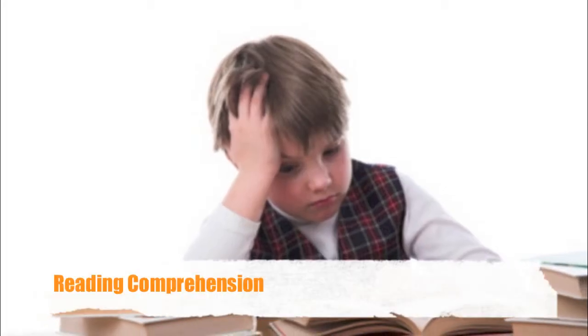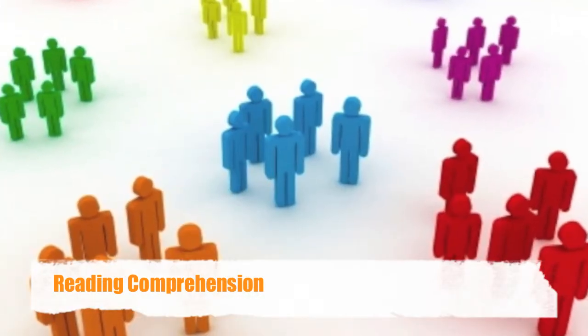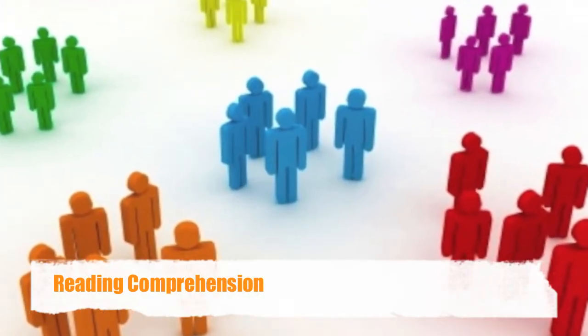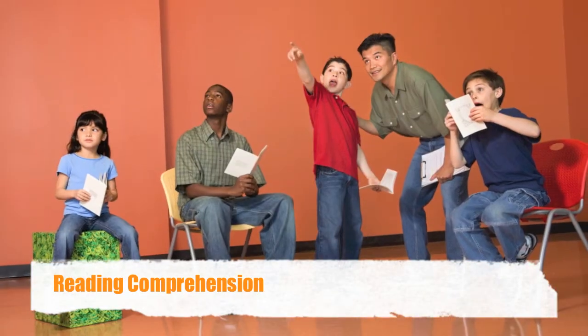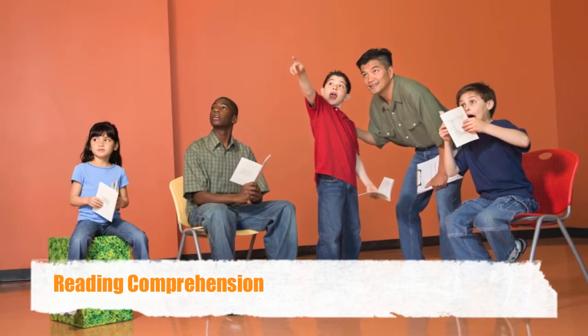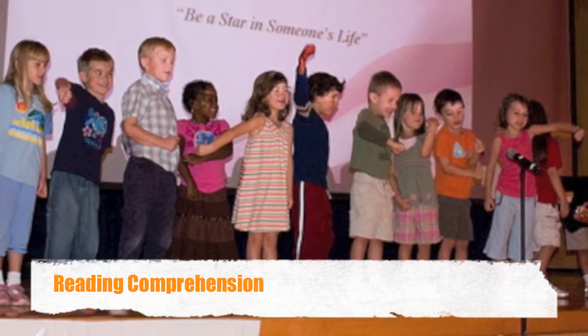The first activity we will look at addresses reading comprehension. In this activity, students will be placed into groups and assigned some reading. Each student will take turns reading and then discover what the main idea of that passage is about. Students will then practice their lines. Once they have rehearsed, they will open up iMovie and record their performances. Once their performance is complete, they will have the opportunity to share that with the class.